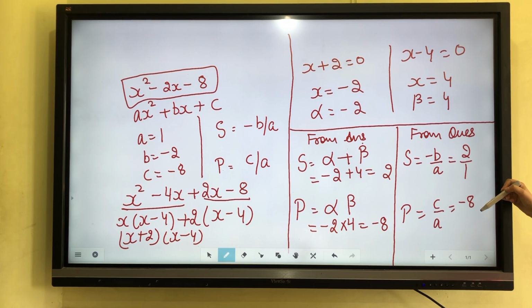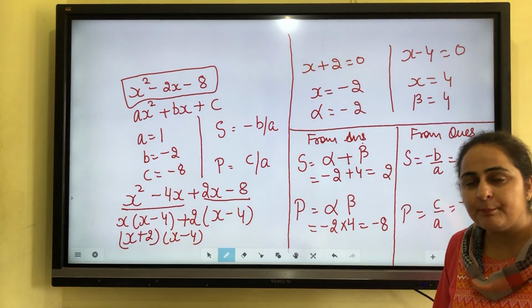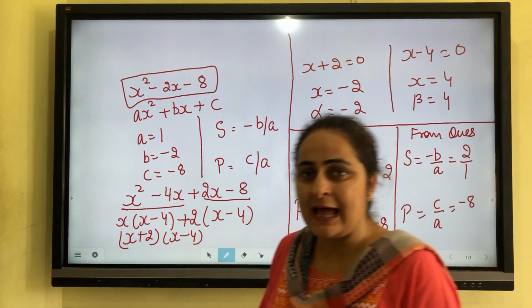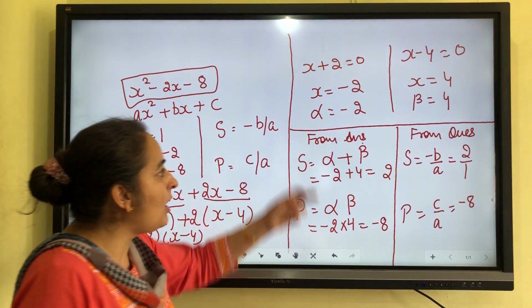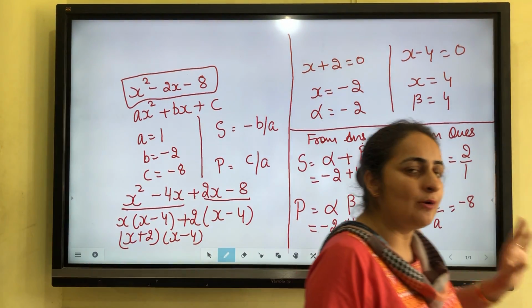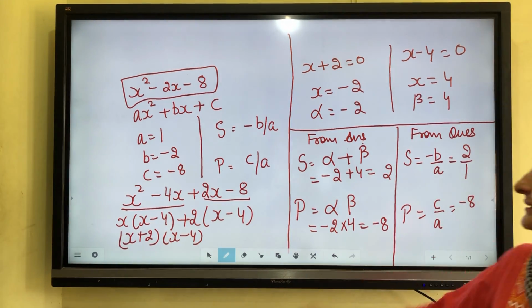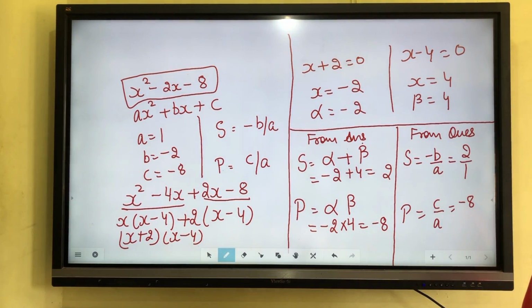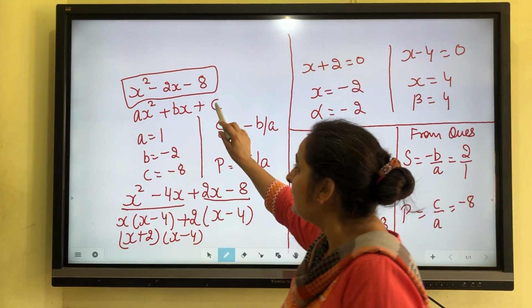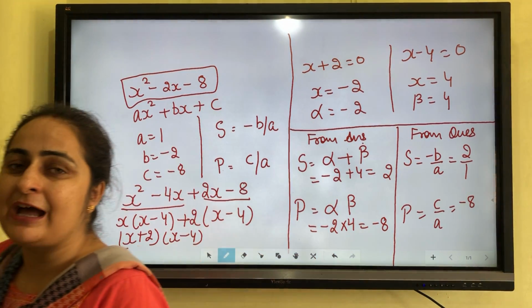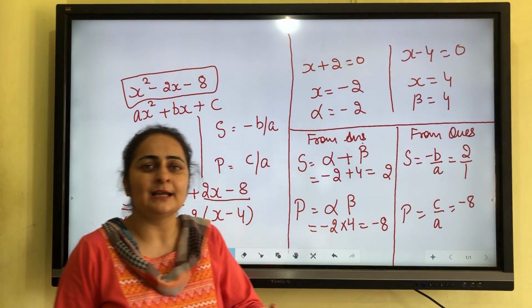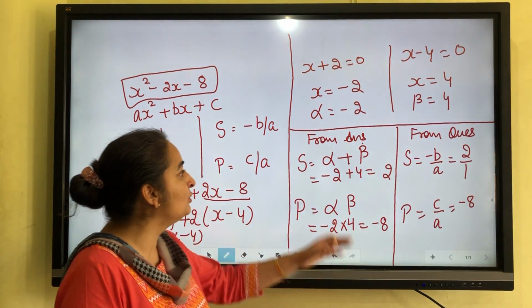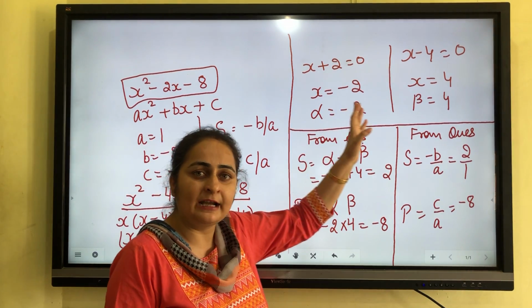If you have any doubt about alpha or beta, they are just numbers. Number means the value of x, and you can say the zero of x. If you know the value of x is minus 2, then okay. If you know the value of x is 8, then okay. But if you don't know the value of x, then in general language, in place of that numerical number, I am using the names alpha and beta.